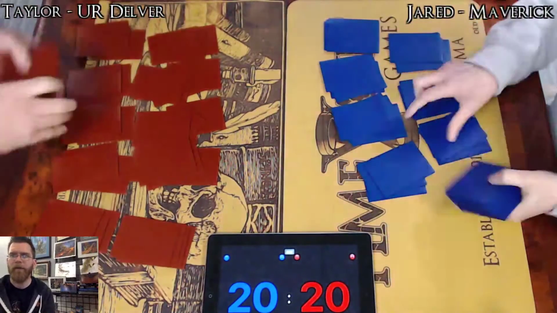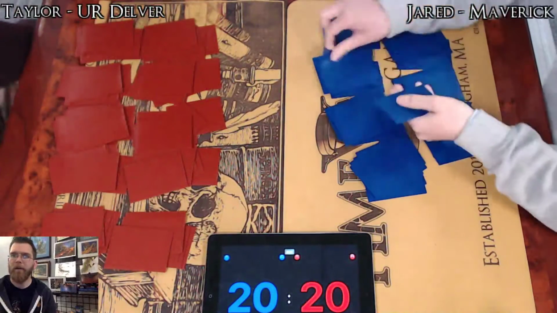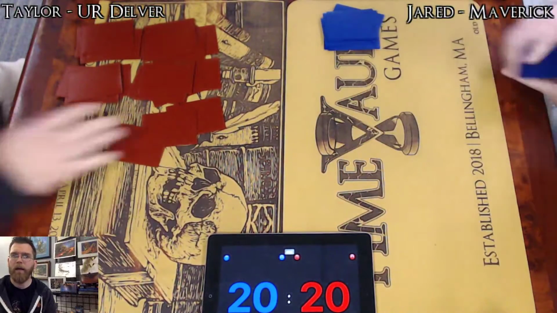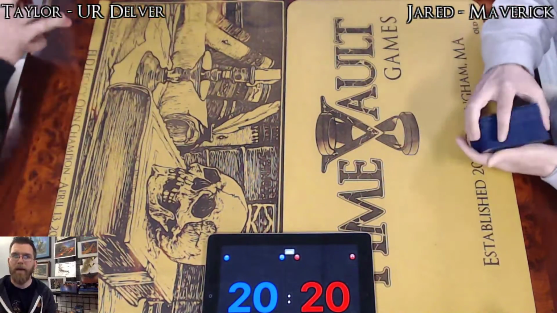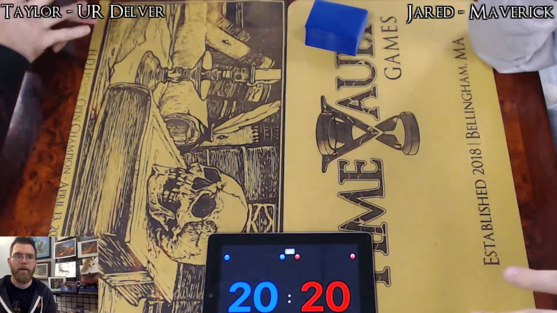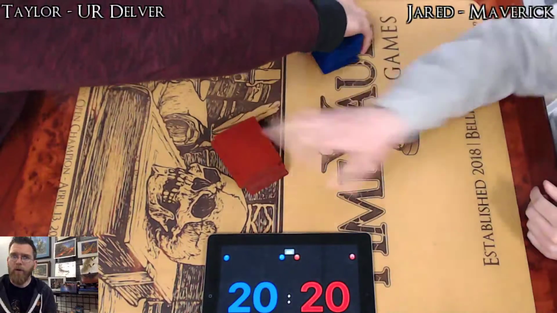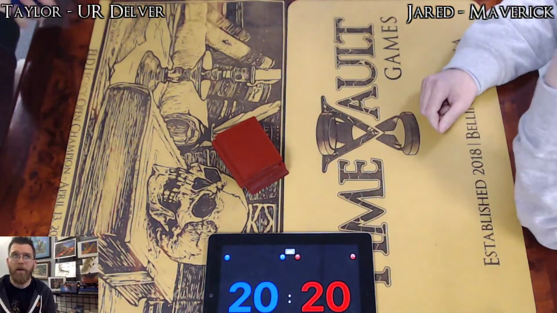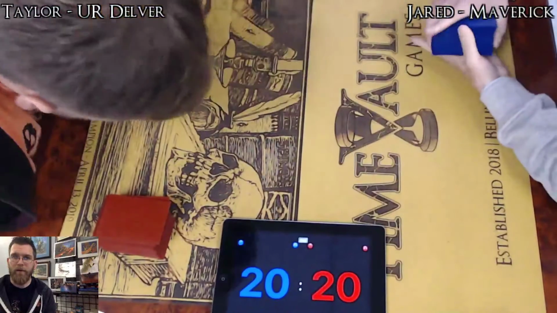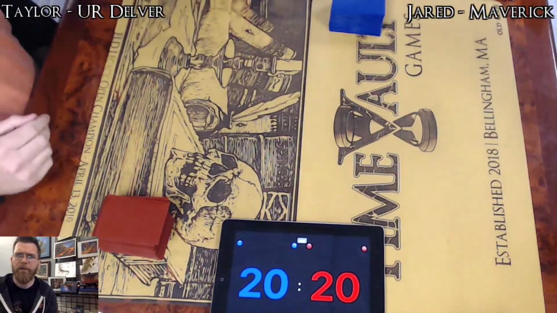We had 33 players here battling it out for 100% payout of all of the entries, along with the champion getting that playmat you see on your left, a one-of-a-kind. That is our most ambitious mat to date, full art. That takes quite a bit of time and effort, and I am very happy with how it came out. And the champion at the end of this will go home with that mat, along with a spot on the Wall of Legends, permanently celebrating their victory over a very tough field. And here we have Taylor on Blue-Red Delver versus Jared on Maverick,